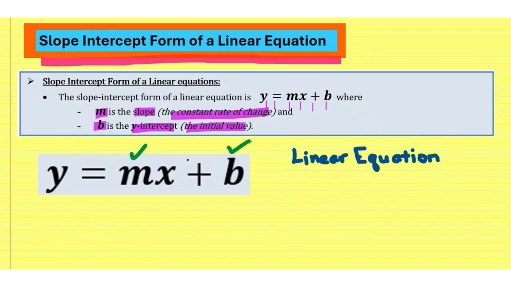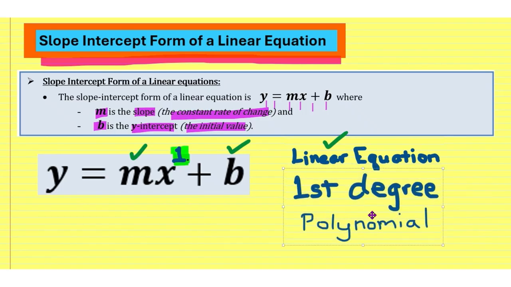But how do we recognize consistently that we're looking at a linear equation? Well, it has to do with this exponent or this power on the x variable. That invisible power or exponent is always going to be a 1